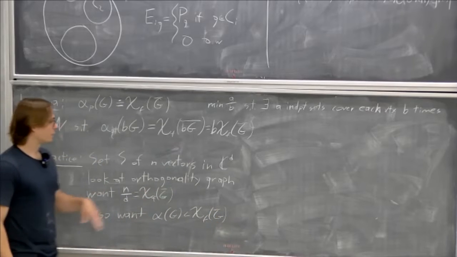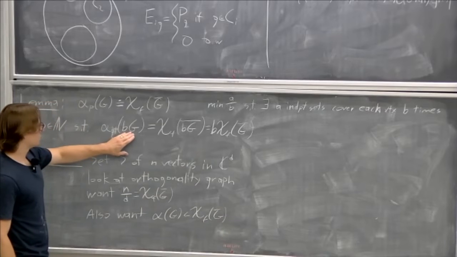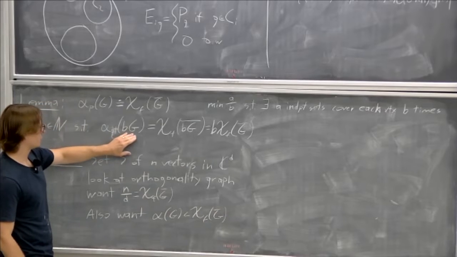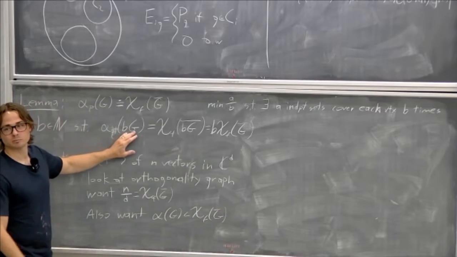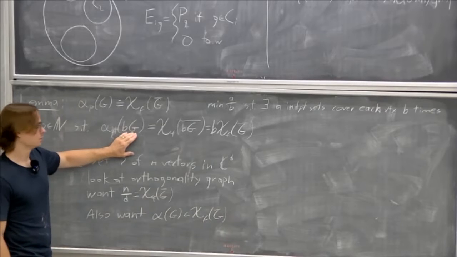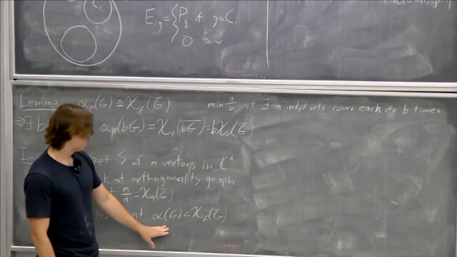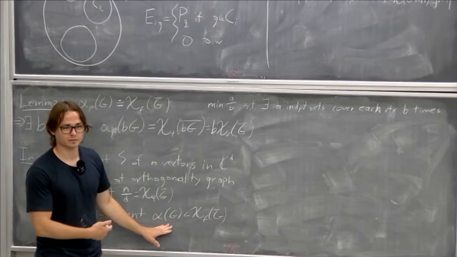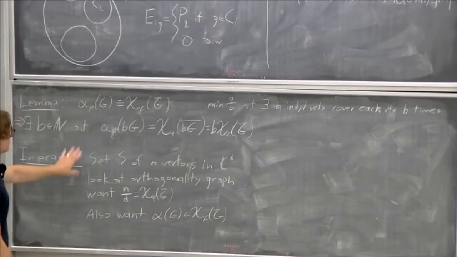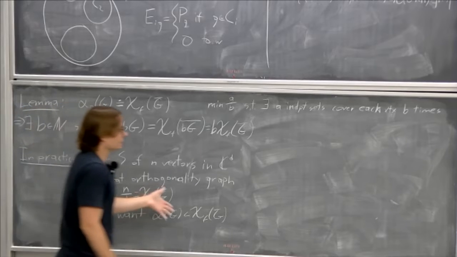And then I'll end up with a graph where, when I take multiple copies, I get a quantum independence number that is strictly bigger than the independence number, because taking multiple copies just multiplies the independence number. All right, and such a set of vectors, well, it's not exactly this, but it seems that